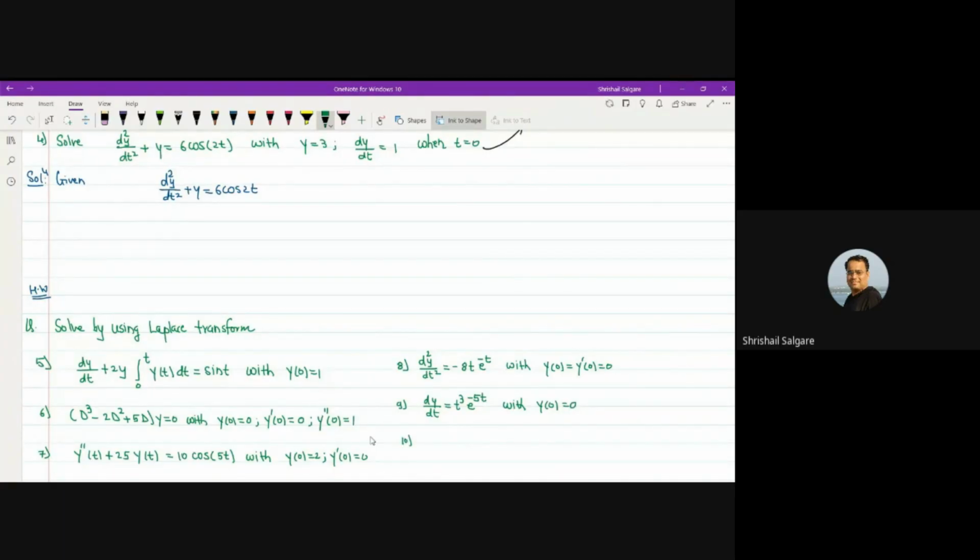Tenth, d2y by dt square plus y is equal to sine of t with